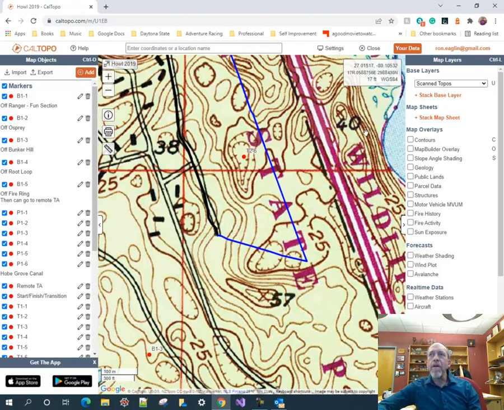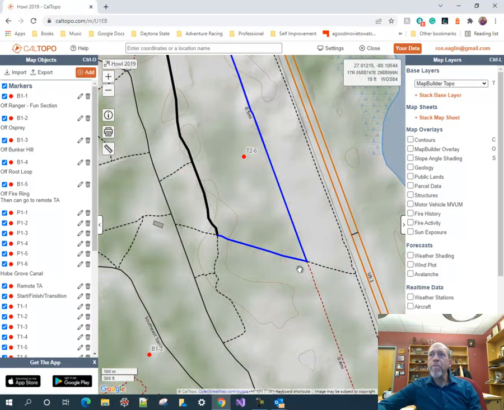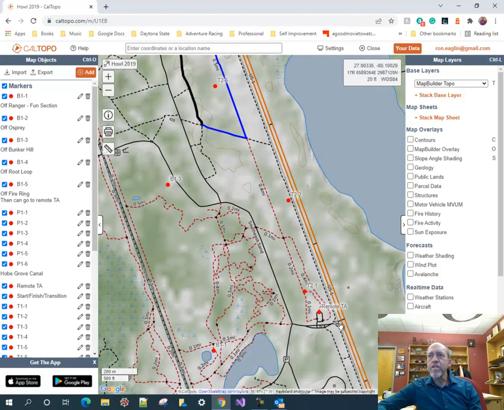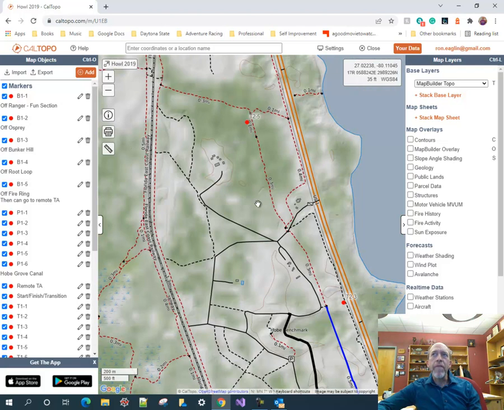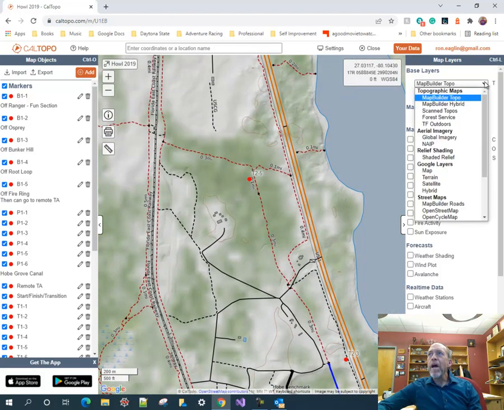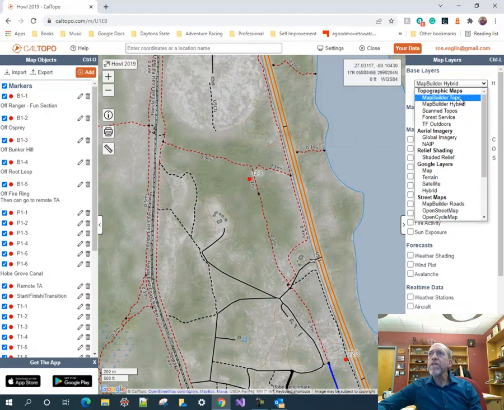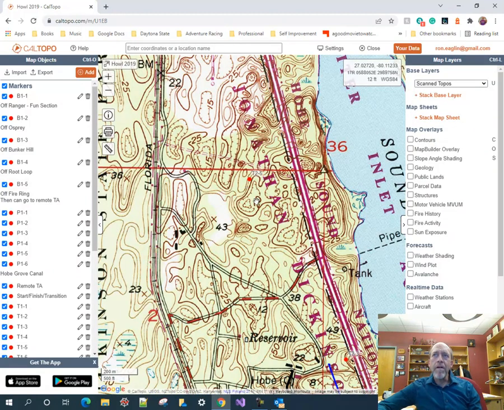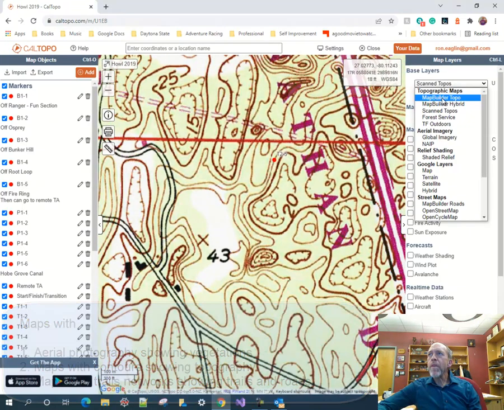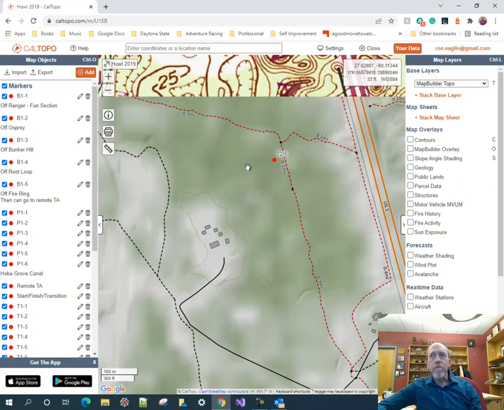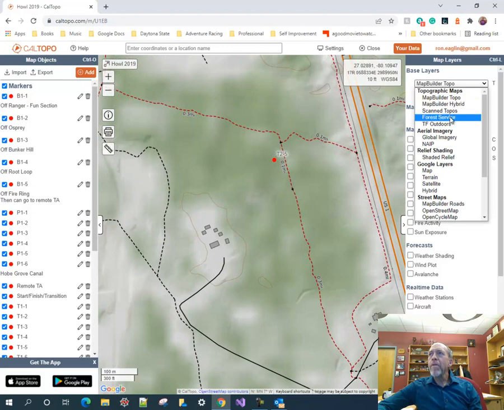The other thing that you can do, see now if I go back to my original map builder topo, I can see that this is probably one consistent trail. This is one consistent trail. I typically want to go ahead and go out there, and well, not typically, I always want to go out there and confirm that these trails exist, but it is worth noting that when you put these together, the 3 different types of information that you've got to work with here that are the major ones that adventure racers and navigators can use is topography, see the contours, trails, which are right there,